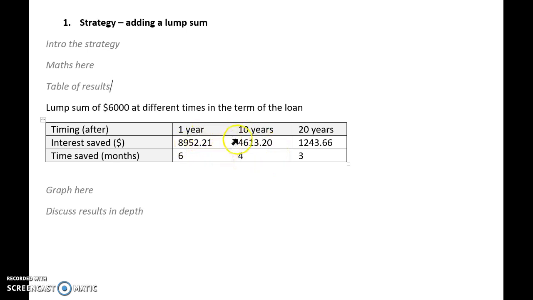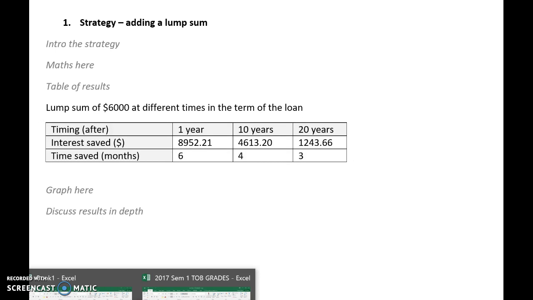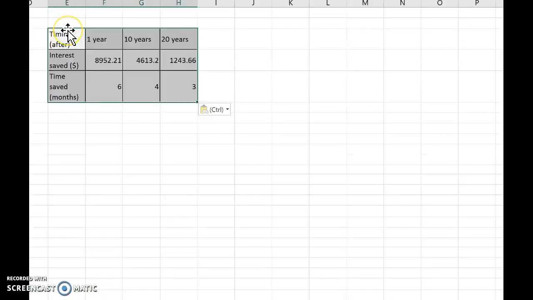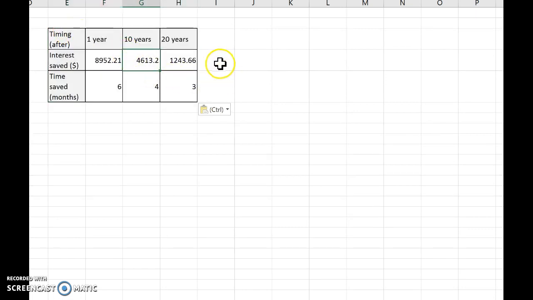So I can now use a graph for this, and the way I do that is I would copy my table, Control C, going into Excel, and then in Excel I'll just pop it in. So there's the information, and then from there you can decide on how you want to graph it. There's a number of different ways. You might want to do it in 2 sections. So here I'm just taking the money saved,